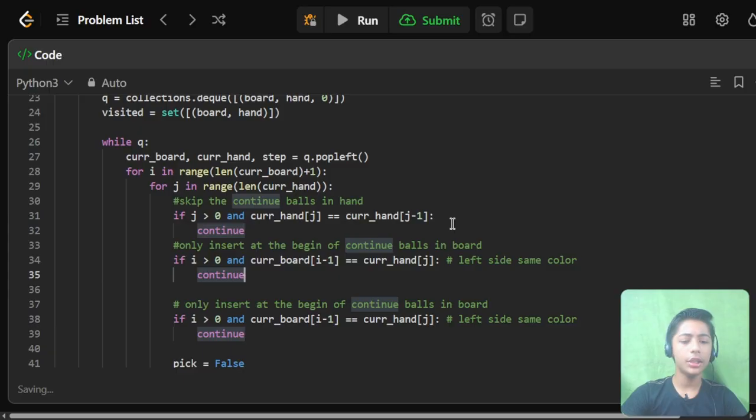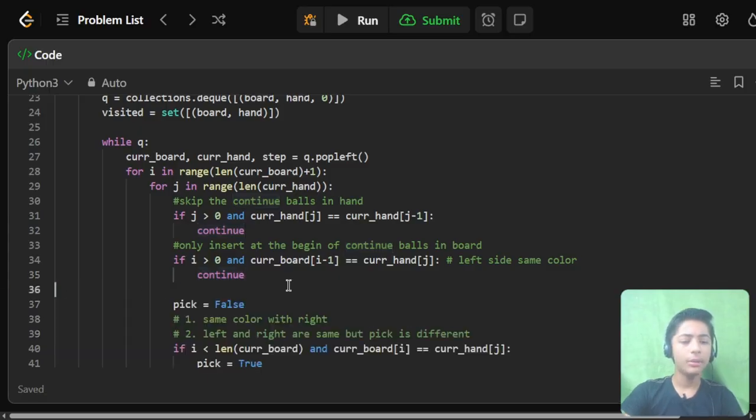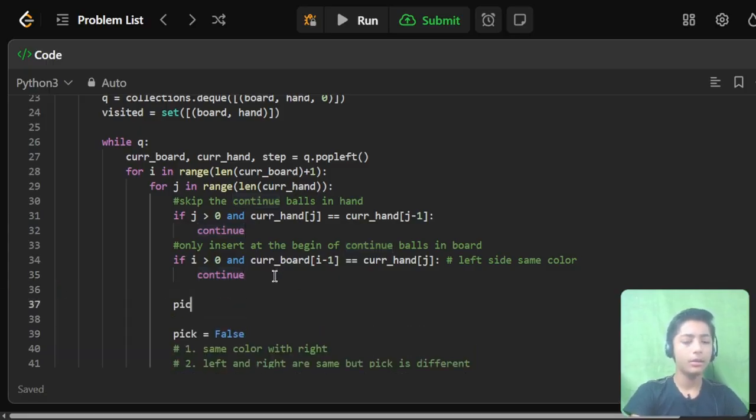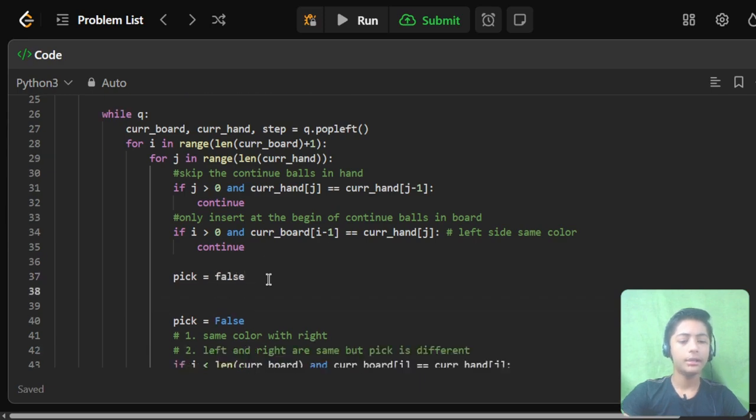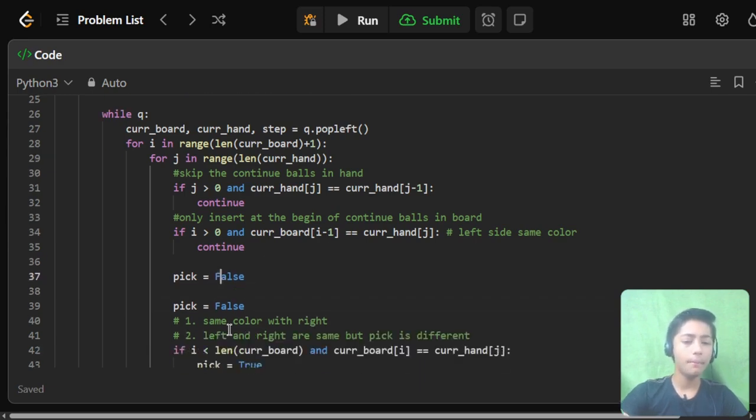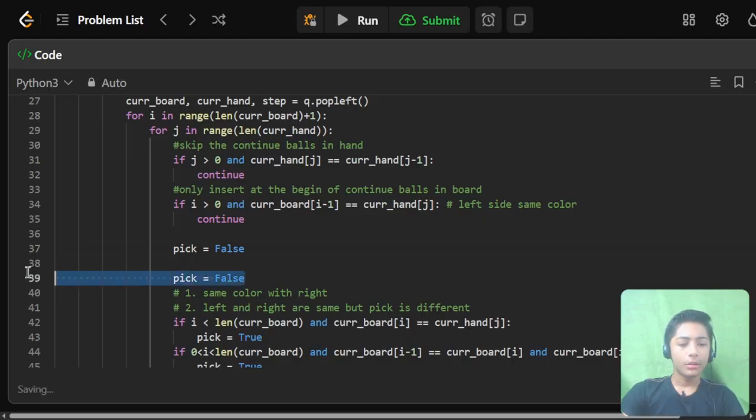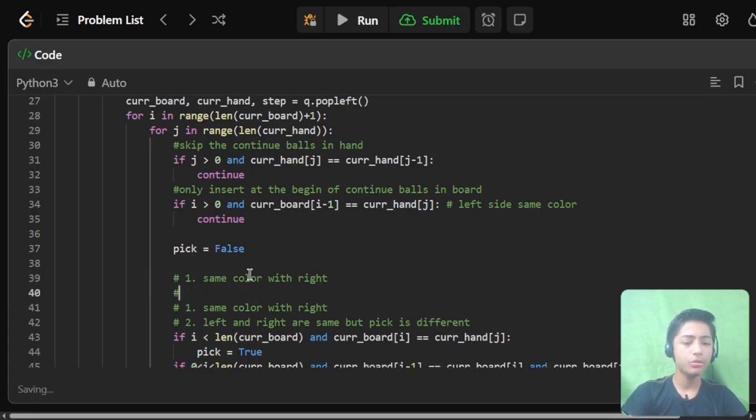Now perfect. Here I am defining pick = False, and False's F will be in capital. Now here I am defining some comments: first is same color with right; number 2, left and right are same but pick is different.